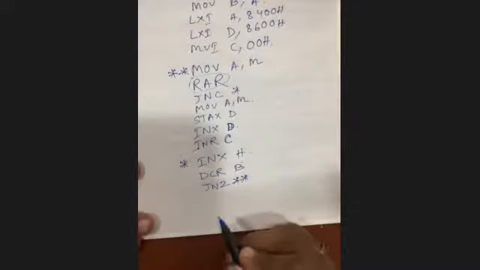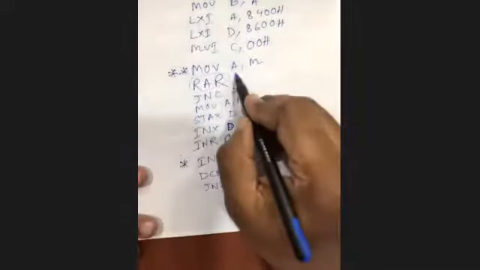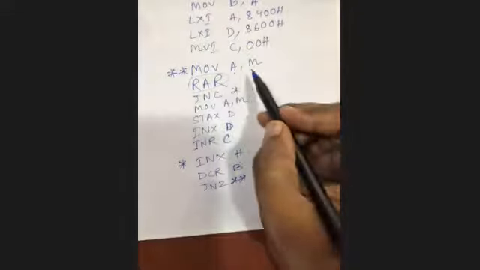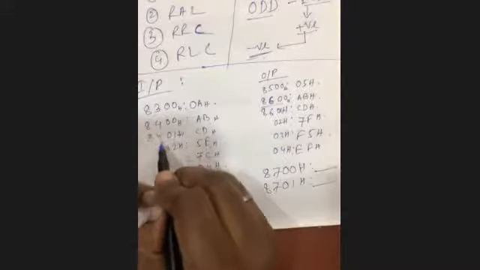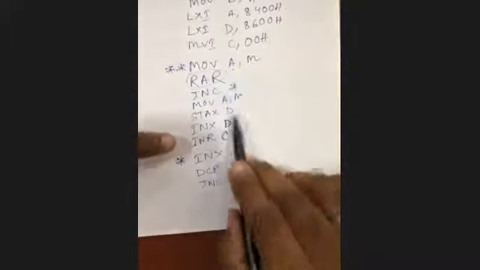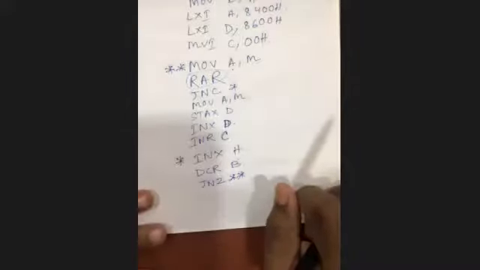JNZ. Is it clear? Yes, sir. JNZ goes to move A comma M. So what will be the content of the accumulator now? Sir, the accumulator content is M. The content of M is the content of memory location 8401, that is CD. CD is coming into the accumulator, again checking the same and doing all the functions again.